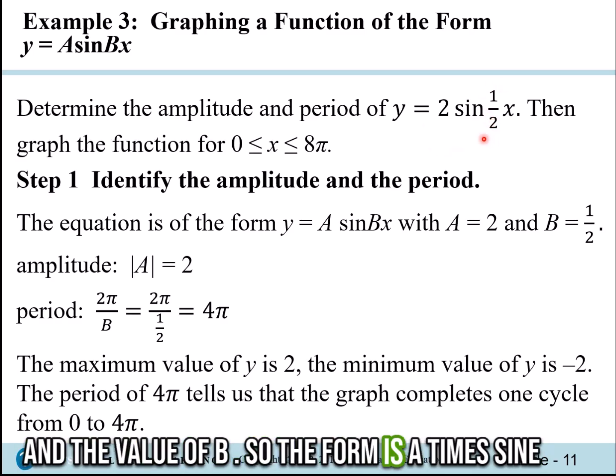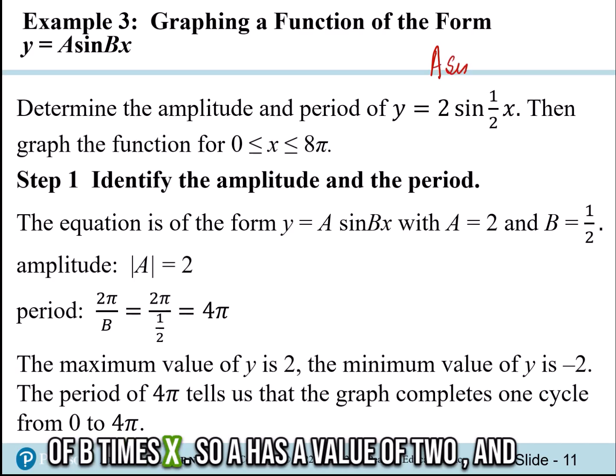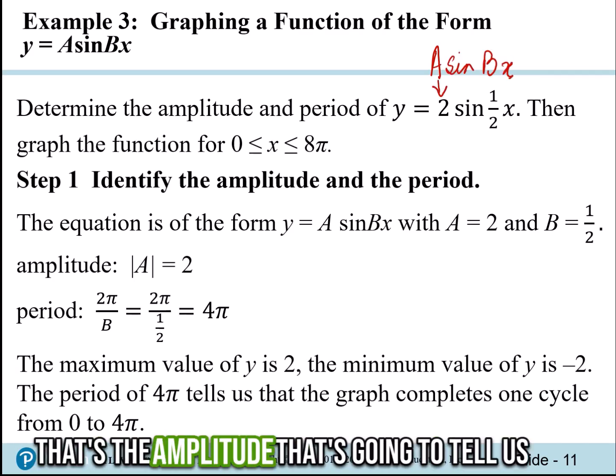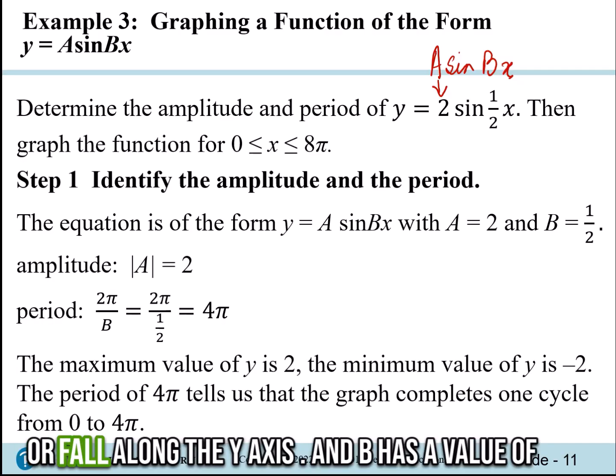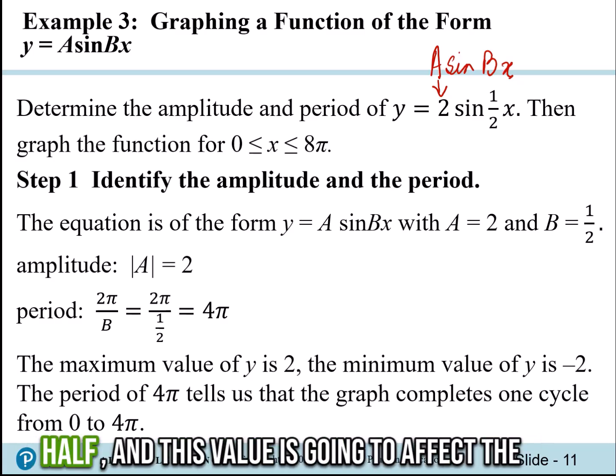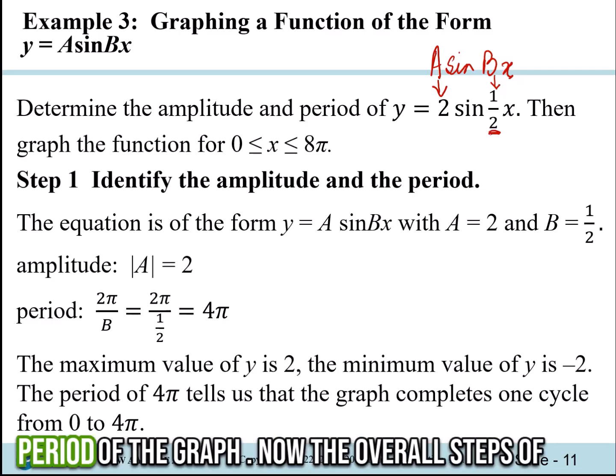So the form is a times sine of b times x. So a has a value of 2, and that's the amplitude that's going to tell us how much the graph is going to extend or fall along the y-axis. And b has a value of 1/2, and this value is going to affect the period